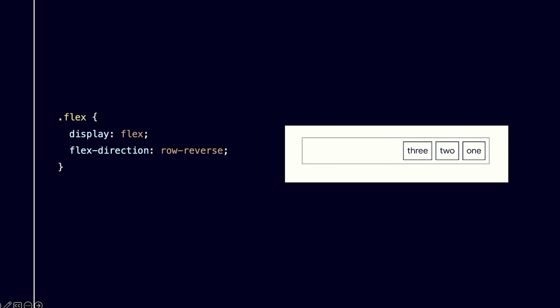So I've got my 3 flex items. In English, I have set them to row reverse, and the tab order starts on the right and moves to the left. So that's following the DOM order. And in all these examples, the words sort of are the order that things are in the DOM. So we're going 1, 2, 3.